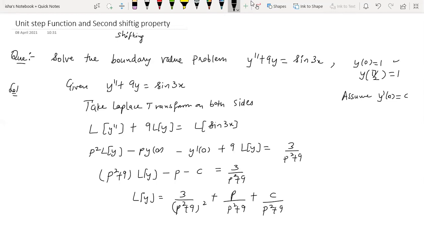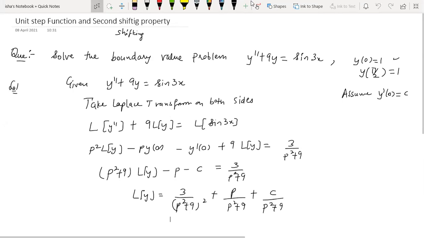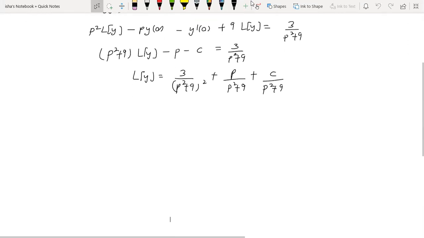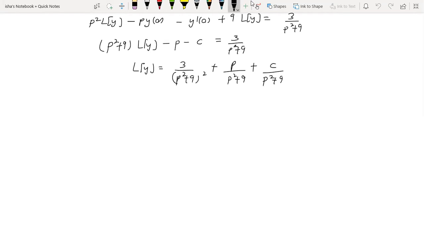The point is, the question is to be solved in exactly a similar manner. It is just that this c has to be treated as a constant whose value is not known to you. It will not interfere with anything in the Laplace or inverse Laplace transform because constants just come out of the integrals or even the operators L and L inverse. So after this, it is similar. Very quickly, I'm going to do that because this part we have done already.